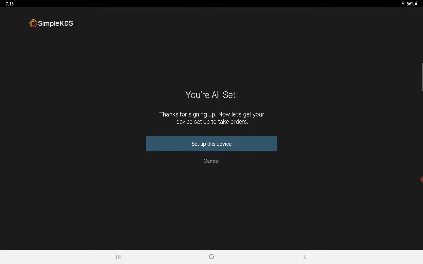It navigated to the you are all set screen, where the user needs to tap on set up this device, which will navigate to the set up this device screen.